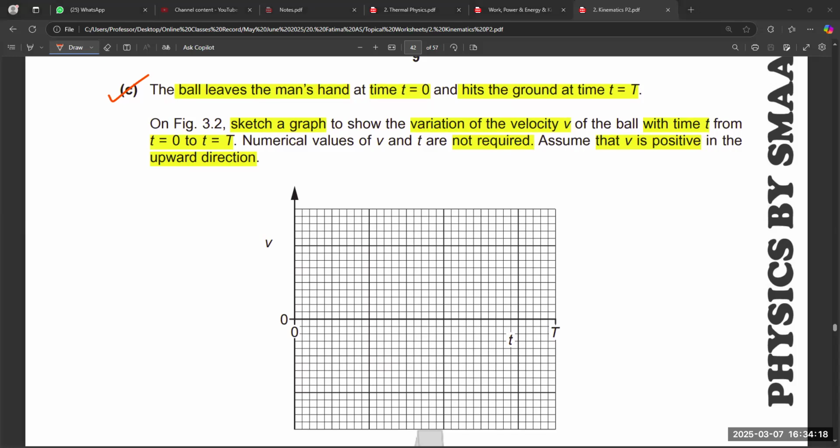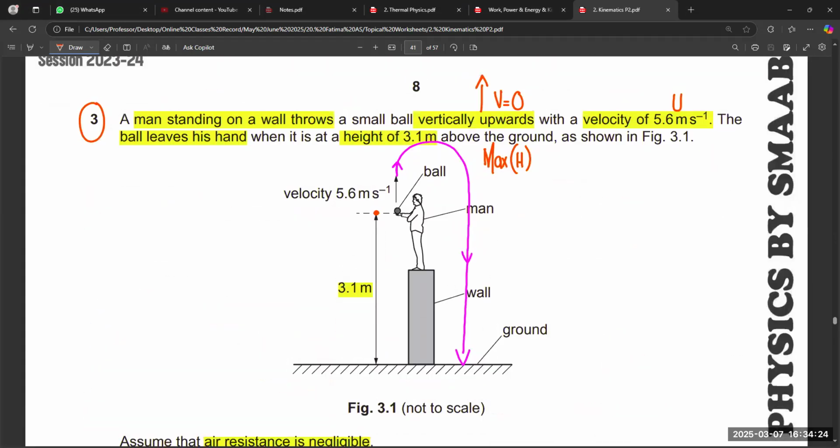Basically, in this graphical representation, what we observe is that the body covers a short vertical upward distance, right? But the body covers a long vertical downward distance. So this is the difference that we observe in this question. So it means that the distance covered by the body in the vertical upward direction is less than the distance covered by the body in the vertical downward direction. So this is the clear difference.